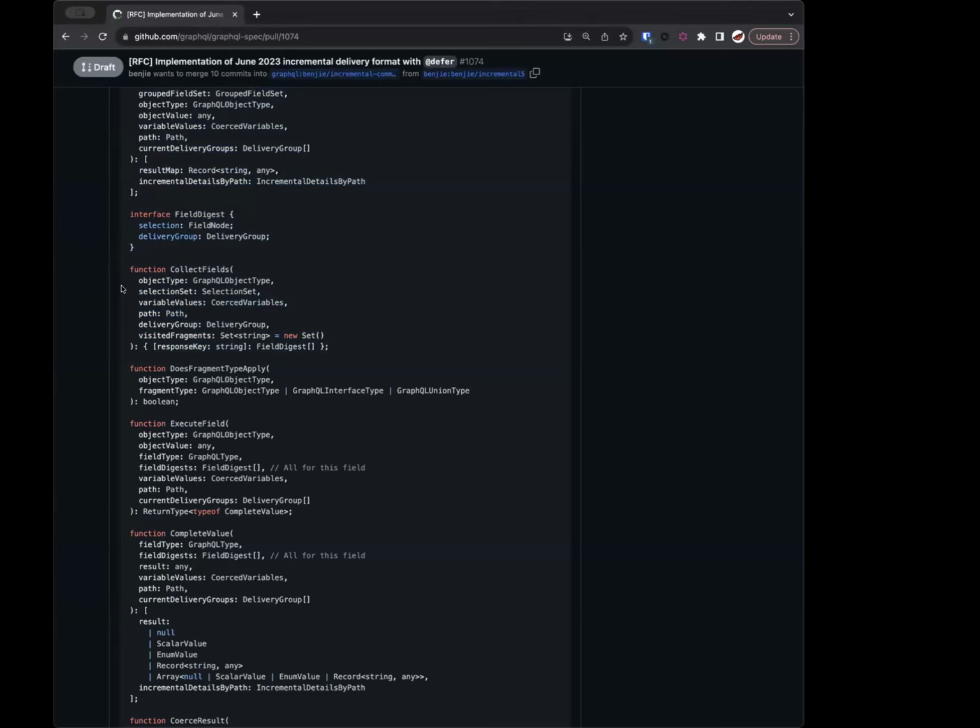So effectively, it would do a memoizable version, and then it would just collect the results of that along with the runtime path. So effectively, every call to collect fields will return effectively the same data. It's just the field digest will have a slightly different delivery group in it potentially, especially when it comes to stream, I think. So the selections themselves could be cached. The delivery groups would be derivative. I think it's solvable, but I'd have to actually be in the JavaScript and write that.